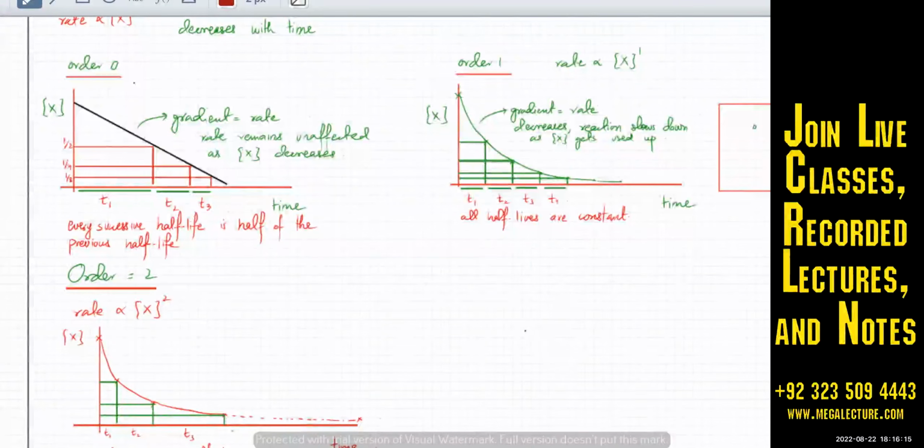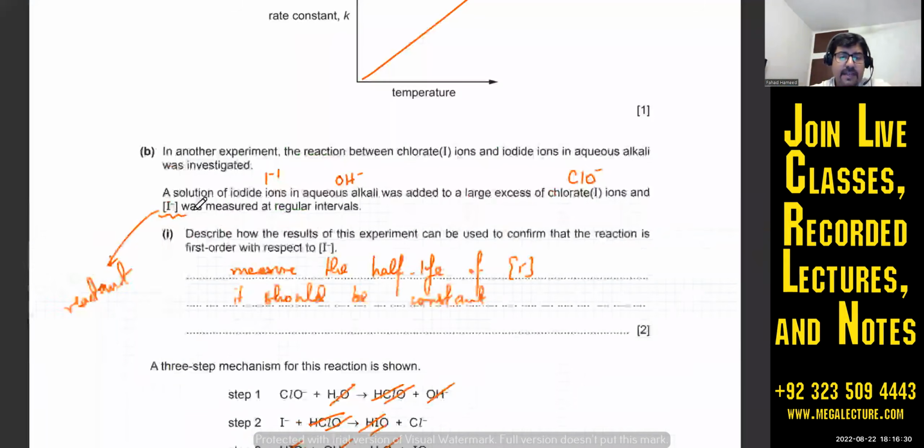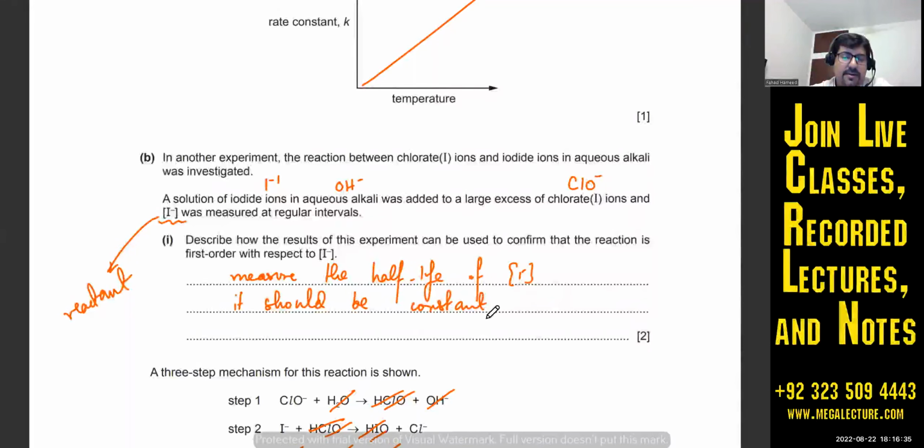तो उसमें, अच्छा, उसमें खाली ये करना है कि you just have to tell them that if you're plotting the reactant concentration at regular intervals, just measure the half-life. And it should come out to be constant if it's order one. If it's first order, they already told you that it's first order, so it should come out to be constant for a first order reaction. तो ना उस तरह की shape होगी उसकी. अच्छा दूसरा इसमें ये भी है कि